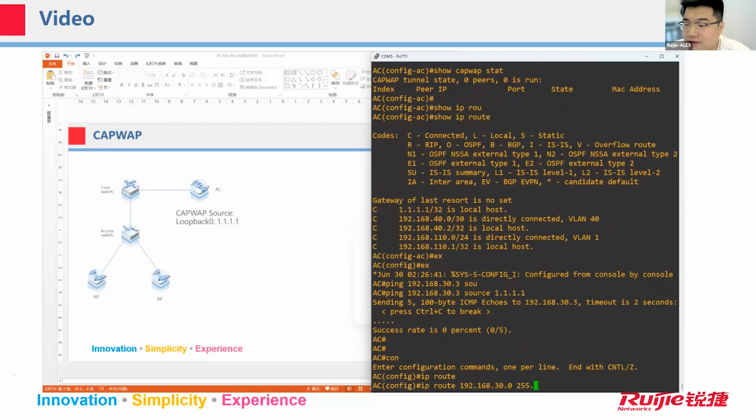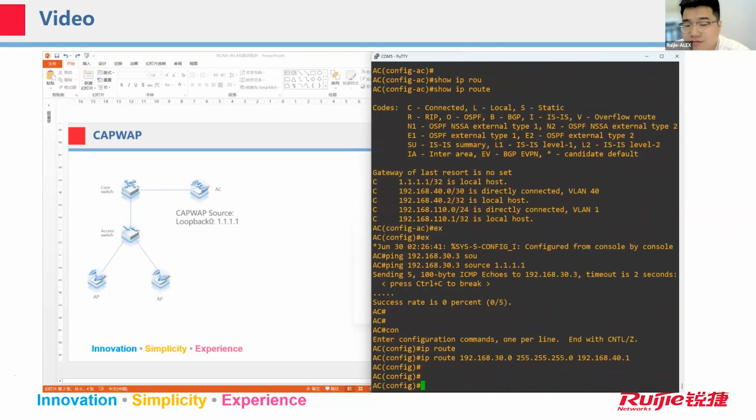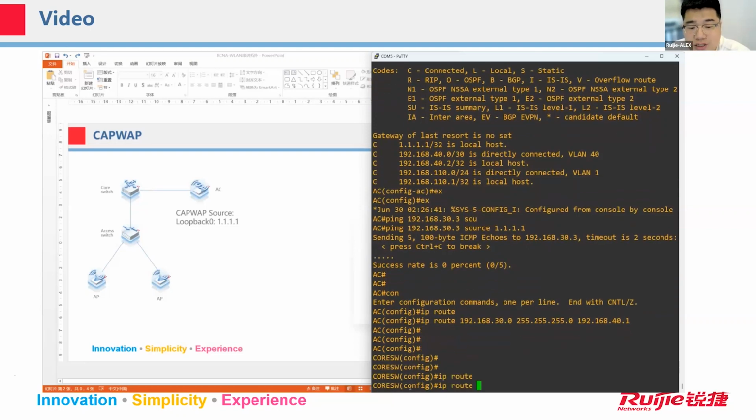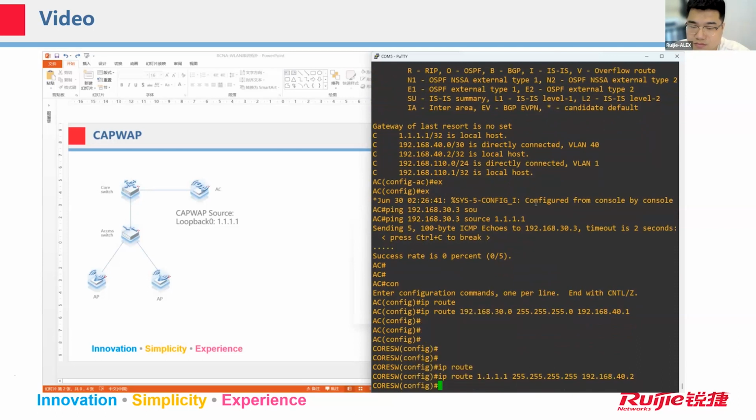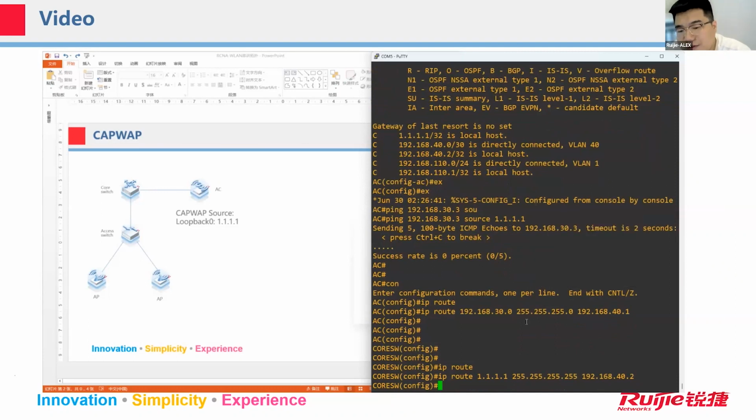So here we are configuring the static route on the AC. And besides configuring it on the AC, we should also configure the static route on the core switch. So we switch to the core switch. Okay, you can see it, right? And after finishing the configuration of static routes,